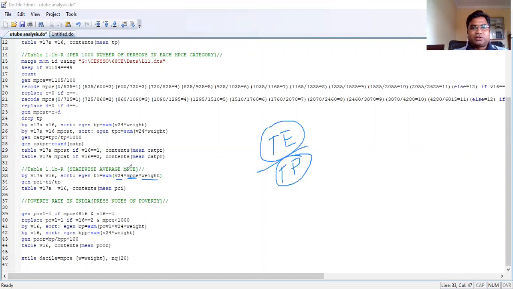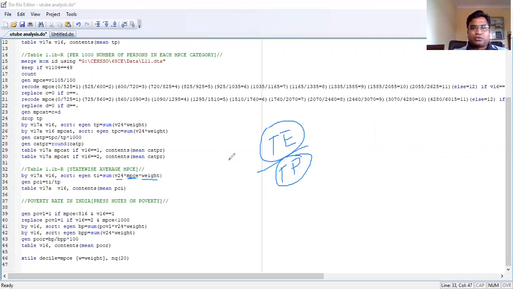So V24 multiplied by MPC gives me a particular household expenditure, and we know corresponding to that household how many households there are, right? We know this from the weight. So that's how we have multiplied these three, and we get the total consumption.